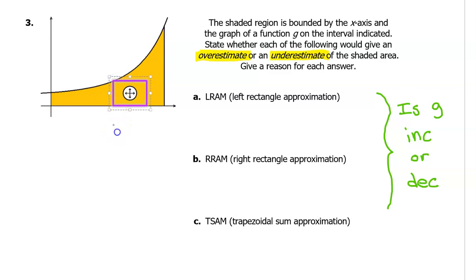So from this sketch, you can easily see that this is going to be an underestimate because the area of the rectangle is less than the actual area under the curve in this interval. So this particular function is increasing. So we will say that the left rectangle approximation method will give us an underestimate,